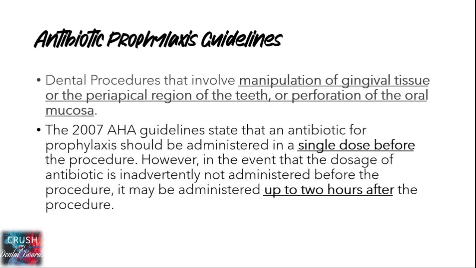At-risk patients, not all patients, just at-risk patients. We give them antibiotic prophylaxis if the dental procedures that we will be doing on them would involve manipulation of gingival tissue or the periapical region of the teeth or perforation of the oral mucosa. Anything basically that would involve bleeding. Okay? And penetration of the tissue. Then we give antibiotic prophylaxis to at-risk